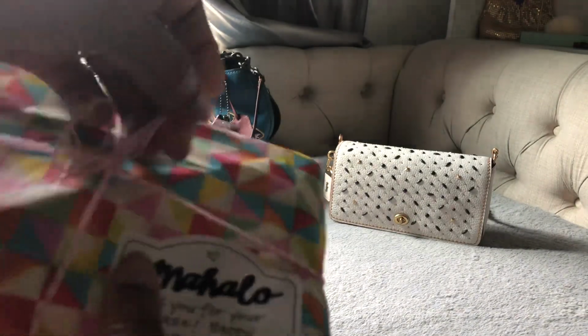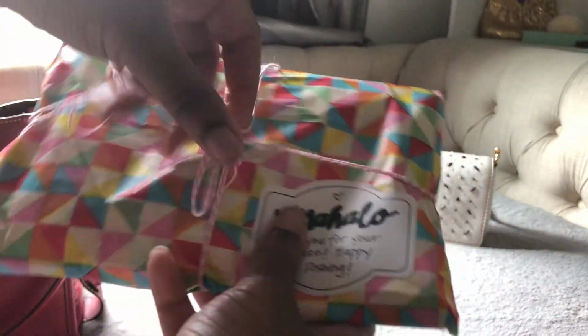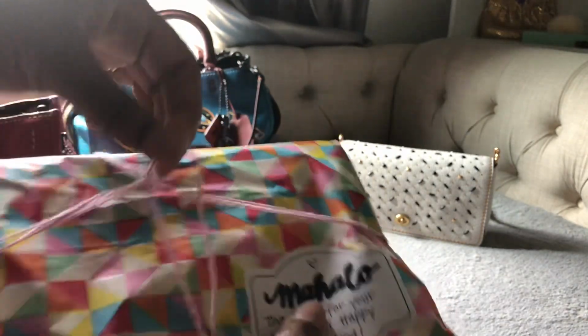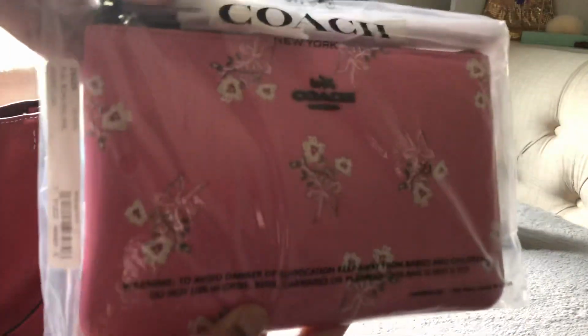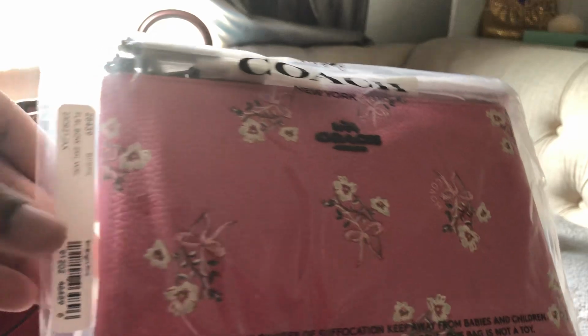I'm gonna try to untie it. I just wanted to take it off, but it's tied in a knot. Okay, let's, I don't know why unwrapping. There we go. Such a cute paper. Ooh. And you see it's that floral print, so I thought it would be really nice to pop off the